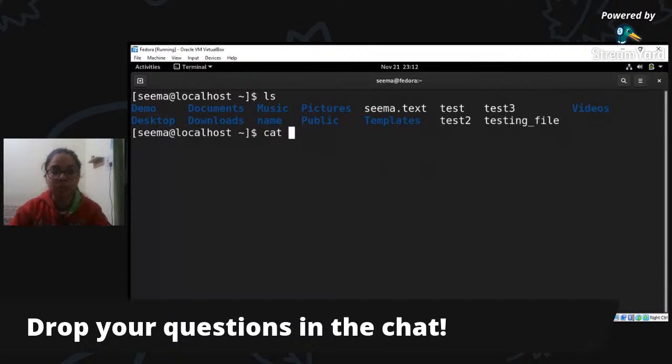The cat command is not really used to create a file, but this symbol, the angular bracket, is used to input the text which I will write in the file. Let's understand this. I will name it demo file. The cat command is never used to create a file, but the main thing is this. So when I press enter,